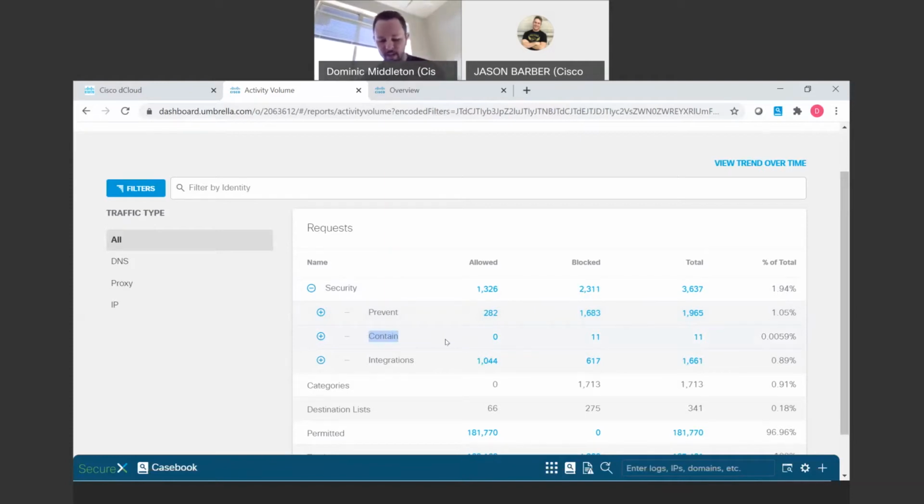From a security standpoint, what Umbrella is doing is not just blocking threats that come in north-south. About 91% of threats come across the DNS layer from north-south, and we can block those, and that's awesome. But what about that other 9% that comes in through a backdoor somehow? What about the user that has a threat on their iPhone? They plug that into their laptop to charge it. They let a bunch of threats into their work laptop, and now they've gotten something. That's not coming across the DNS layer. That's coming through a physical connection, right?